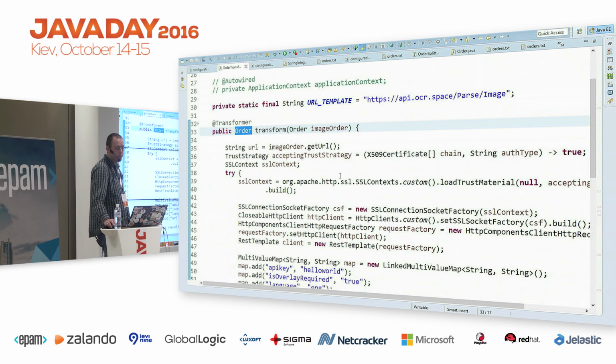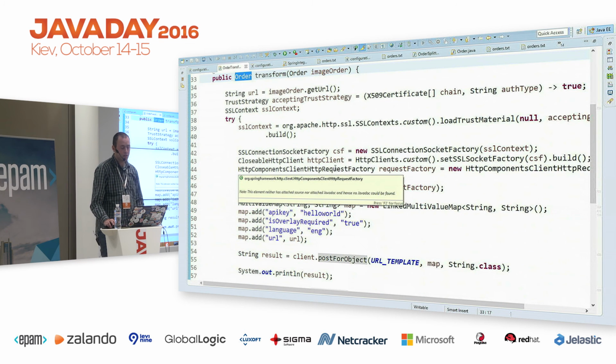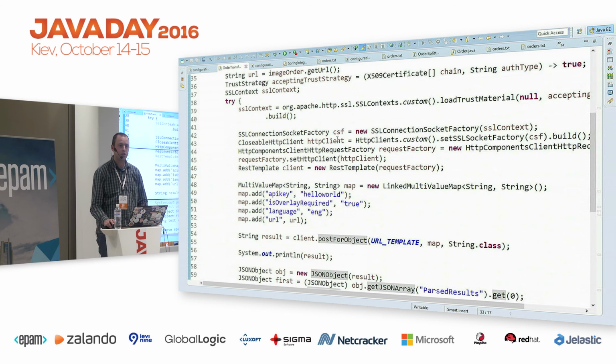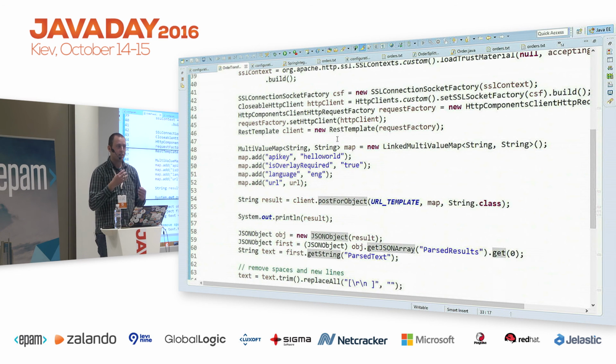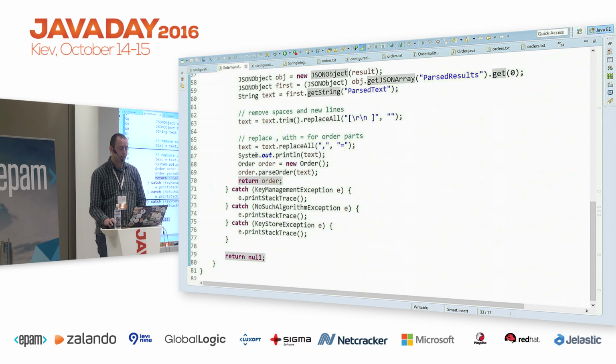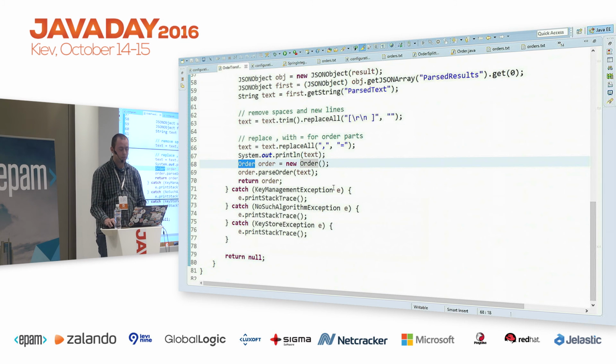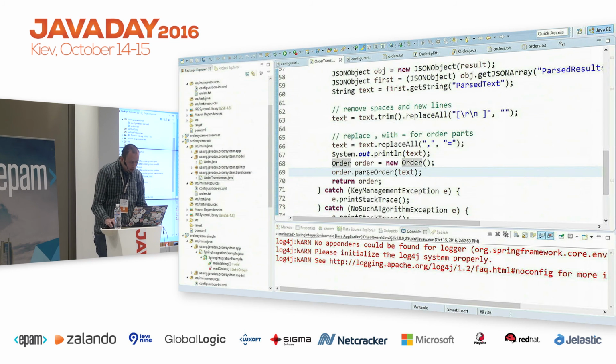Inside my transformer, I use an OCR API, a REST API available publicly, to which I send those images. They are parsed by that OCR API, and I get back information about the text that's contained inside the image. When I get that text, I create a new type of order, which is representing the order from that image. Now, if I run that example,